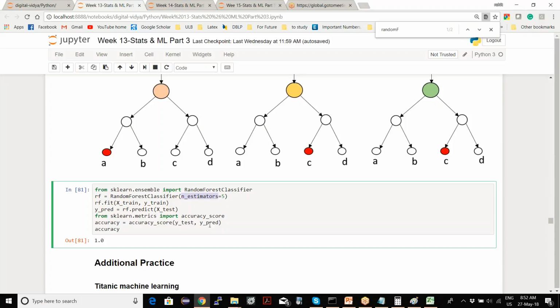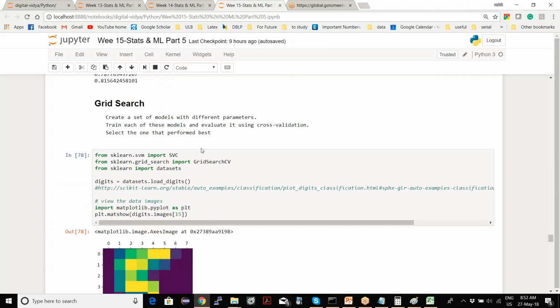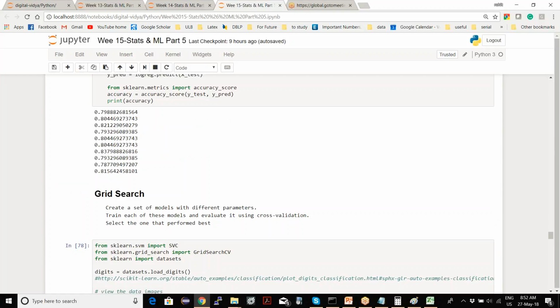So what was number of estimators in random forest? It was the number of features it should use to do the classification. It chooses top 5 features or top 7 features or top 8 features, right? So the same model, depending on how many features you select or number of estimators you select, could give you different accuracy scores, right? And all these models are actually different models, because one model is trained using 5 estimators, one model is using 6 estimators, one is using 20 estimators. Then how do we know which parameter settings give you the best result?